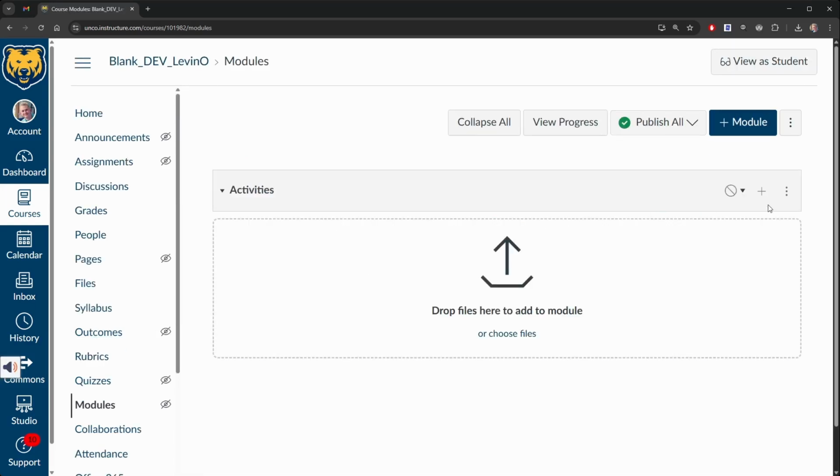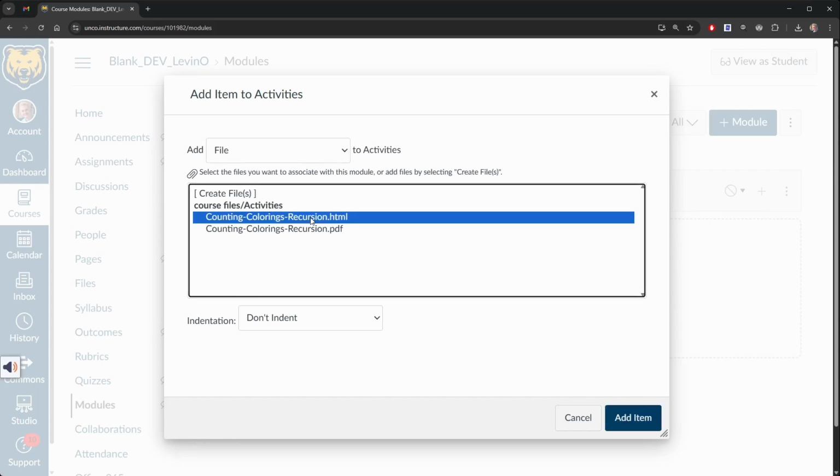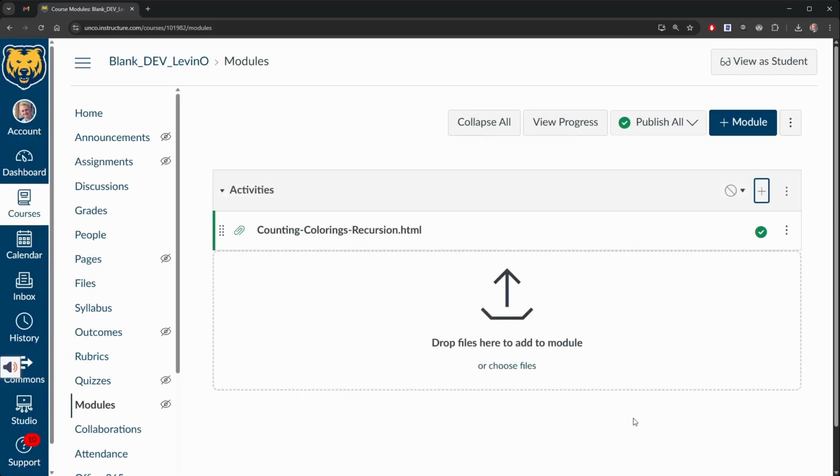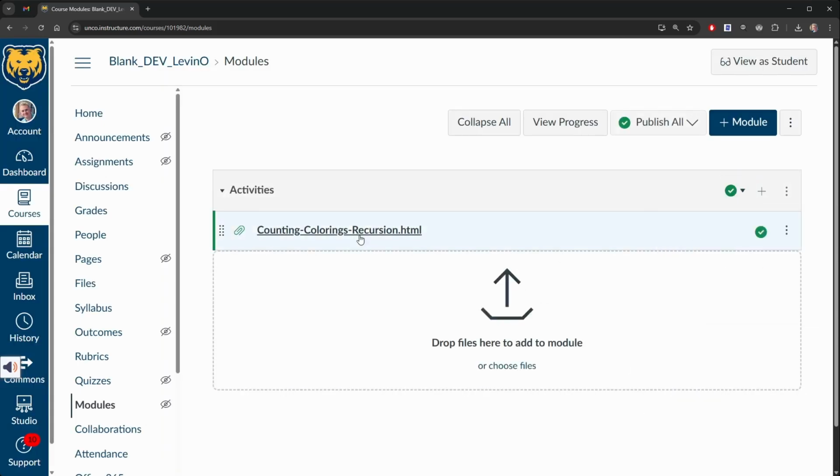Here I have my modules. I have a group for activities. Let's go to a file to add to that. I could add the PDF, but to be accessible, let's make sure I include the HTML. I'll add item. And now, when I take a look at that,